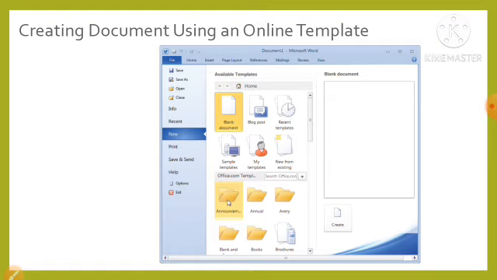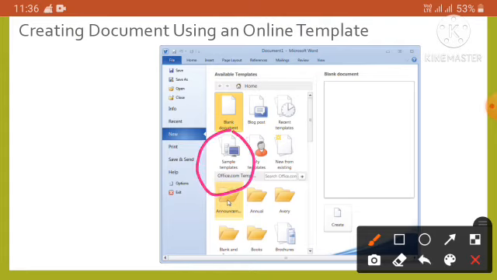The Microsoft website provides numerous online templates that we can download free of cost and use to create documents. Also, we can create a document using an online template by selecting File, then New, and then selecting the desired template from the Office.com Templates section as given in the figure.